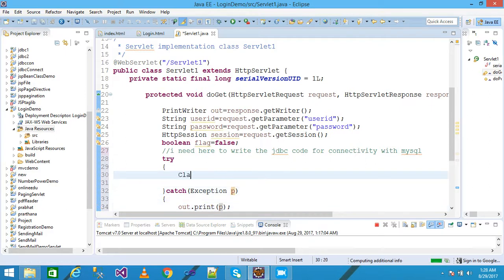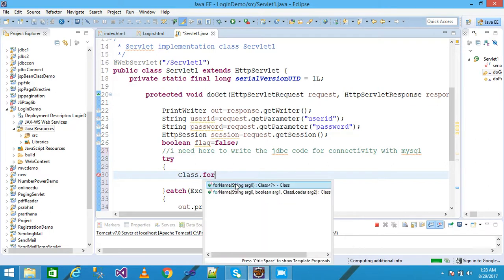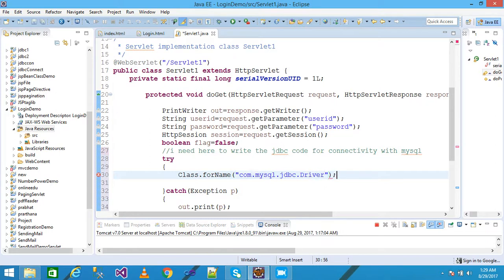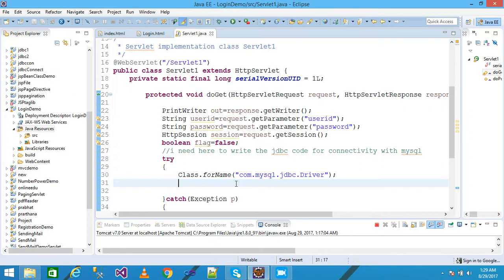And here I write Class.forName, giving my driver as com.mysql.jdbc.Driver, terminated with a semicolon. Then I write the Connection interface, Connection object con equal DriverManager